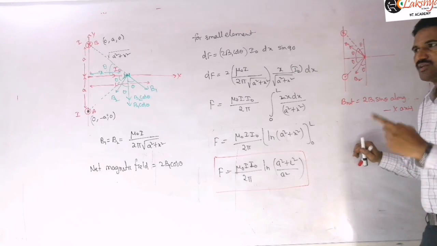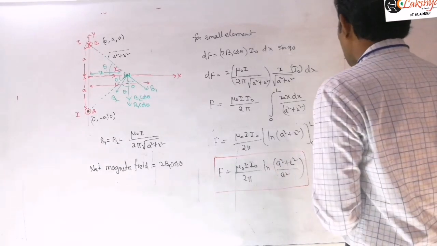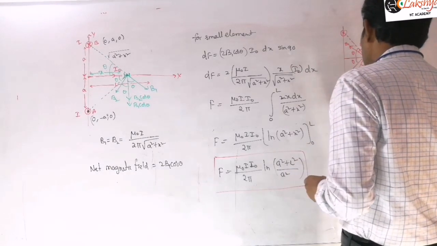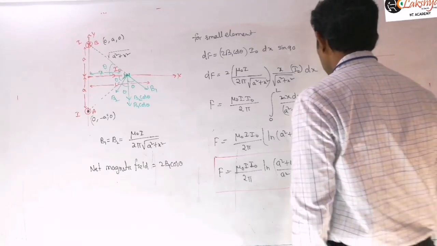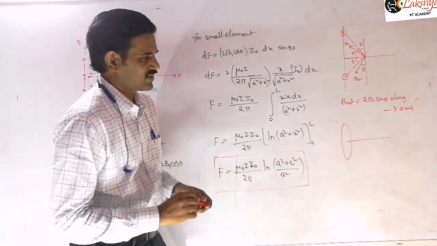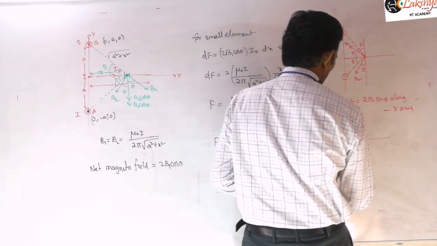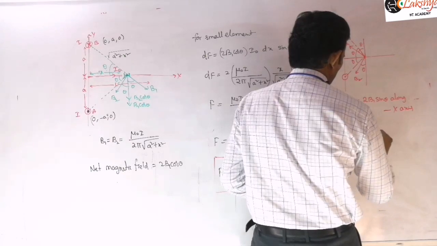Is it clear? So that is a no force acts on this wire in this case. And such a no force acts on this wire, another question they will ask here. This is a wire here, that means this is a ring. Let us say it is a current carrying ring, carrying some current, say I, and now another wire is placed along this direction. Now this carries some current I naught.